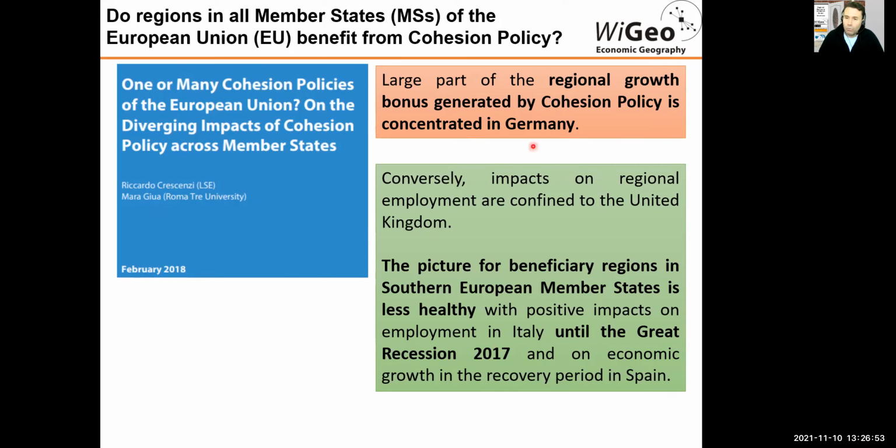So they underline, and these are also quotations from the study, that a large part of the regional growth bonus generated by the cohesion policy is concentrated in Germany. So we can argue that overall Germany benefited substantially from the cohesion policy. And then in Southern Europe, the indicators in terms of the application or the benefits of the cohesion policy are less healthy, they point out, and the positive impact in terms of unemployment in Italy. But then came the recession, the economic recession in 2017. 2017-20, there is a mistake here, I have to correct, 2007, 2008, and then